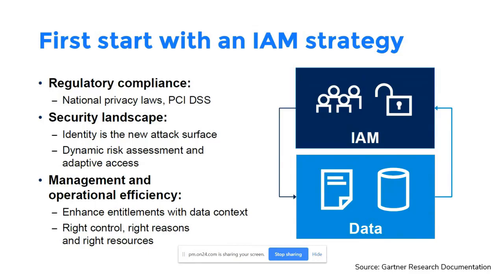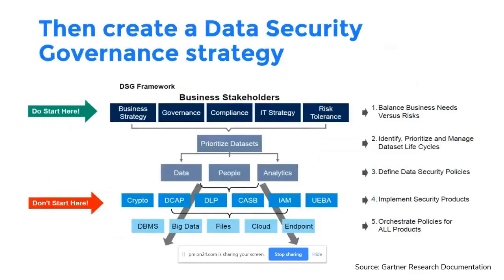If you have a specific set of identities, let's say accounts with the keys to your kingdom, accounts with privileges, you will need provisions to analyze them. You will need to understand how big your attack surface is and start monitoring any data transaction that goes on through these privileged accounts. Managing these is, again, a challenge, but getting that architecture right is all about getting your identity access management and data security governance working hand in hand.